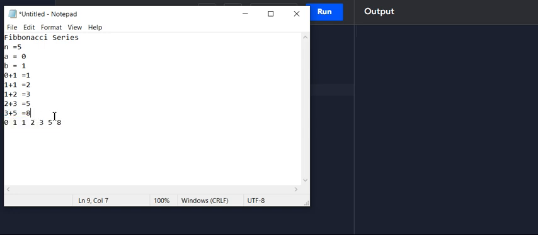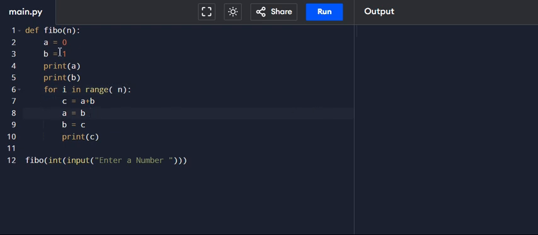So let's go to the code. I'll show how it is working. Already I have written the program of Fibonacci series. So I am going to take input from the keyboard, enter a number. When I click on the run,